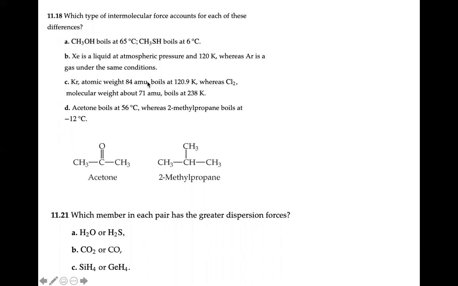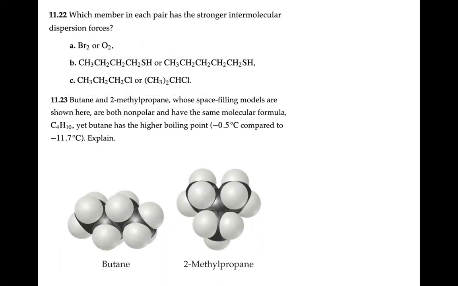Now, if I move down here, within this one I have an additional feature. This example right here, 11.23, is giving descriptions of both of them. It says they both have the same formula, and yet they have different boiling points. How can that be? I think what they're trying to get at is back to that example of what